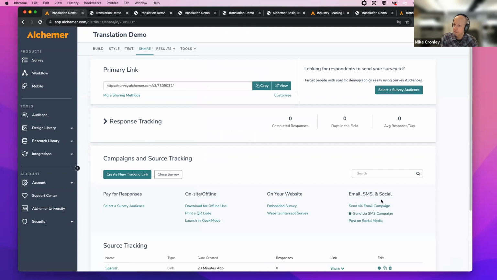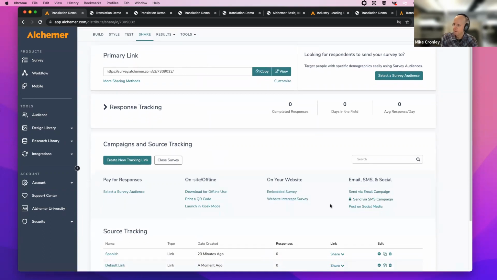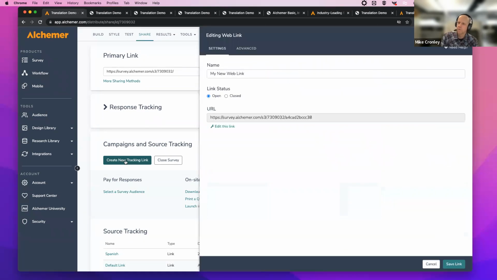Then going down, I showed this already, a tracking link, and it's really useful, and I'm going to do this differently from Spanish or translation. Maybe this is going out to a department, like Department 1, whatever name it is. This is going to go to Department 1.